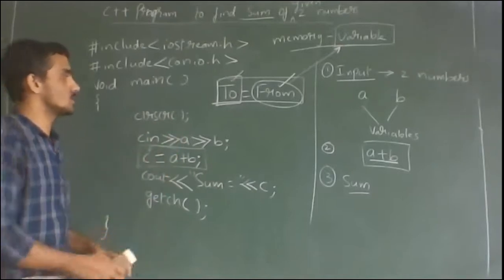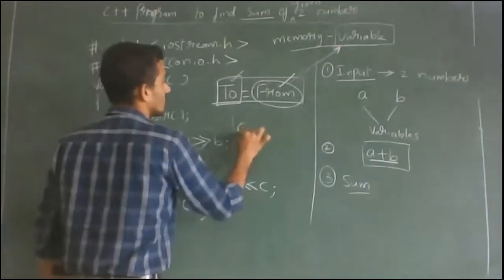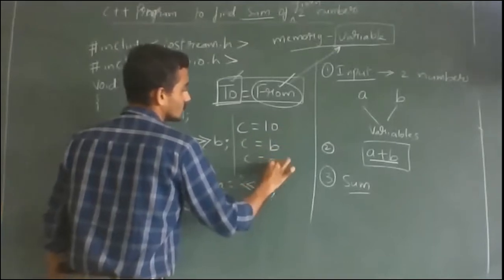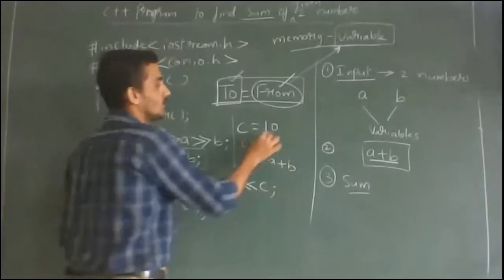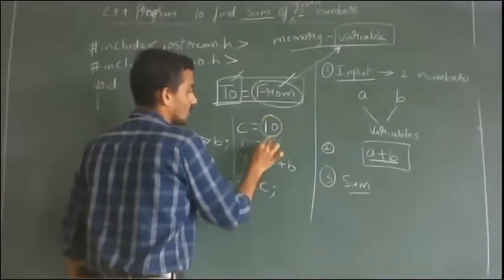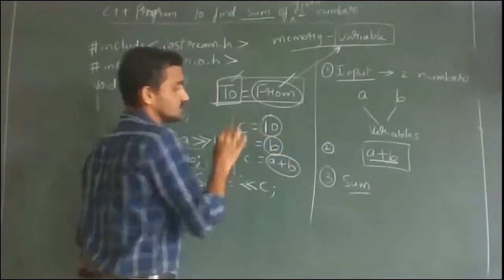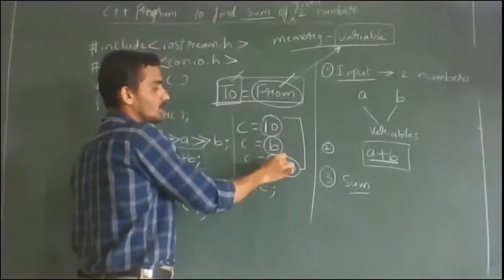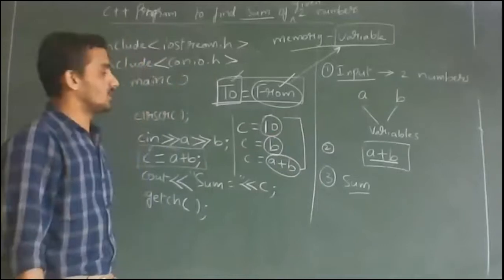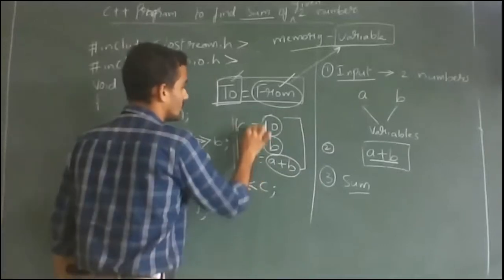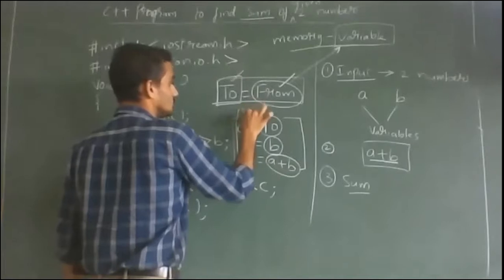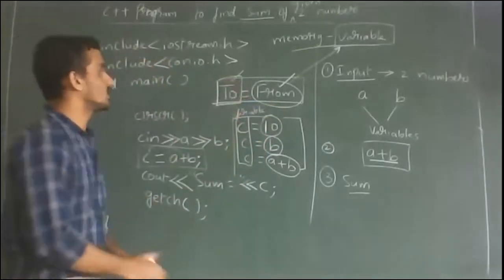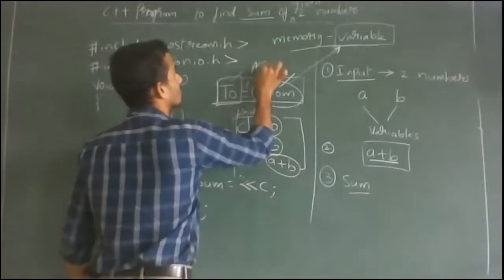If C is equals to A plus B, sometimes you can write C is equals to direct value, or C is equals to variable, or C is equals to A plus B. So on the right hand side, it can be direct constant value, or it can be a variable, or it can be some equation. But on the left hand side, always it should be variable. So this also is a remember. Two things with respect to this operator. So this operator is called as assignment operator.